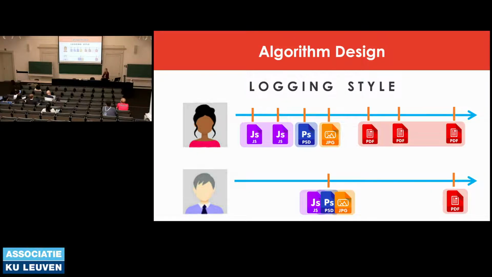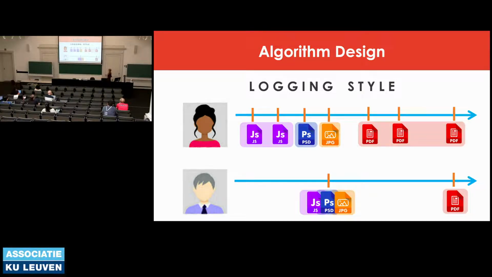First of all, there's an important remark to make, and that is we rely on the assumption that a resource can log their work or save their work as often as they would like. So you have on the top, for example, a woman who worked on a JavaScript file, and she saved this 2 times, and she worked on some more files, and then she had a couple of working elements on a PDF file. Well, the man on the bottom, he just did everything and then saved it all at once.